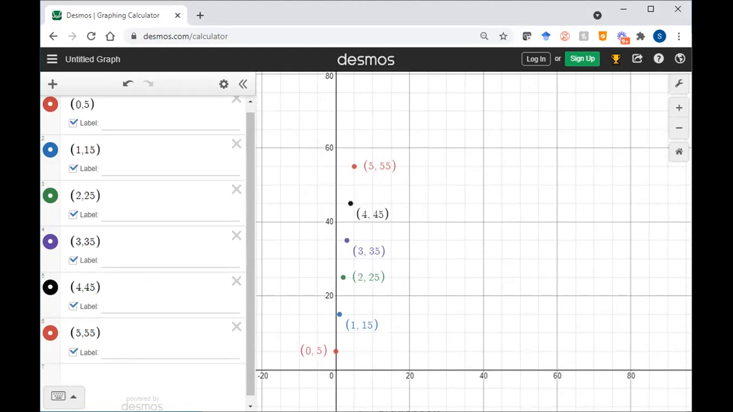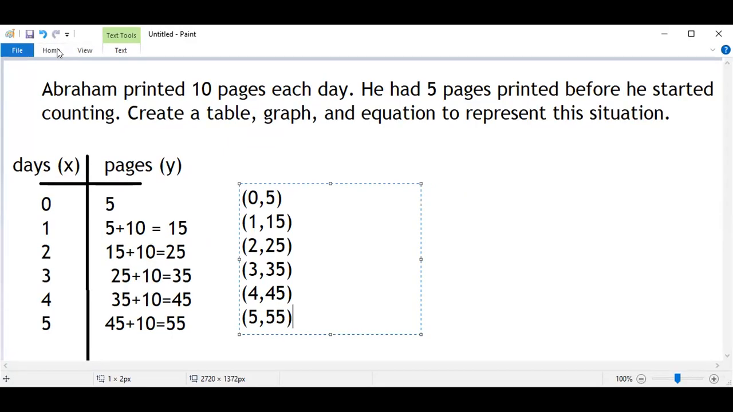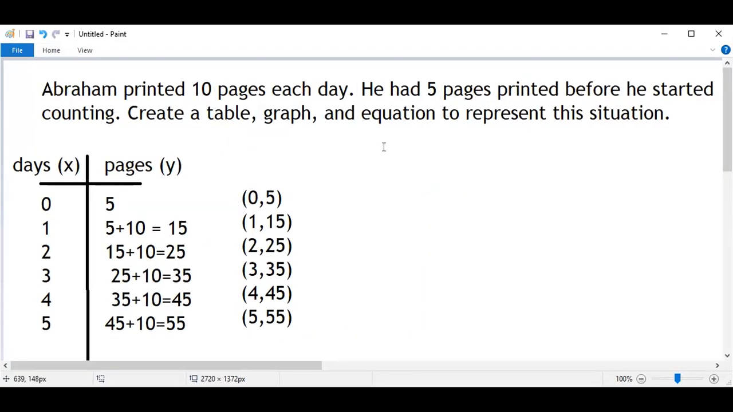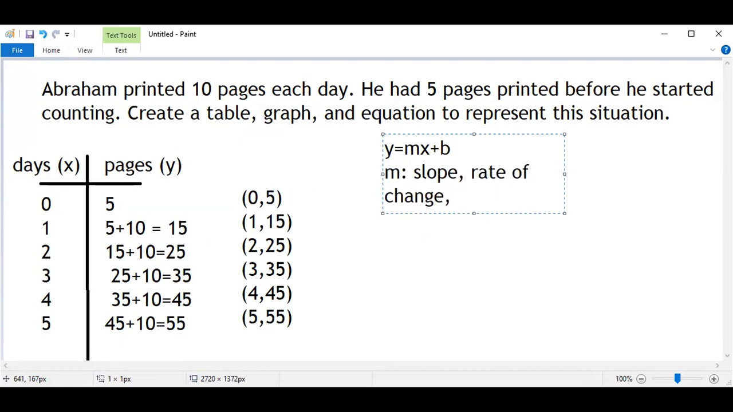Now let's go back to our table. So this is our table. These are our points. And now we need to create an equation. So when we are creating equations, we're going to use the form y equals mx plus b. M is called our slope, our rate of change, or change in